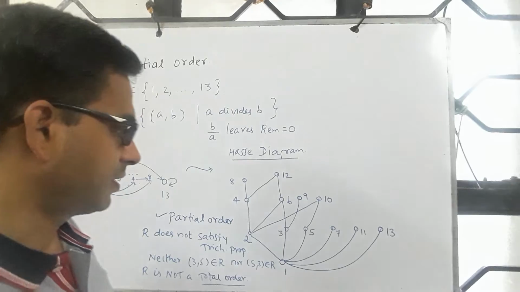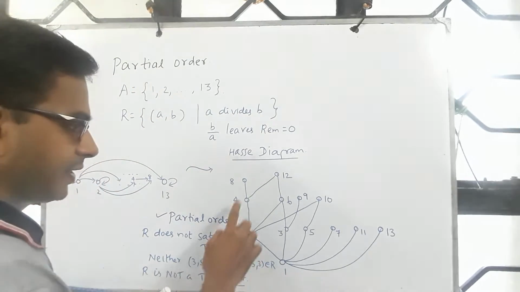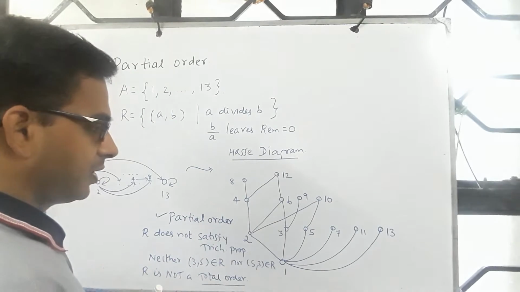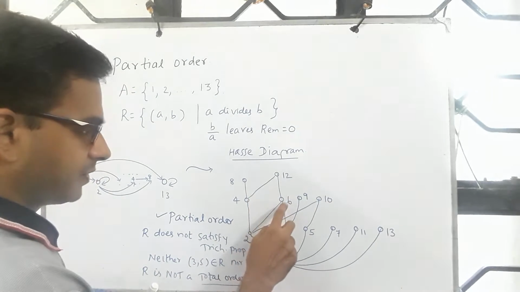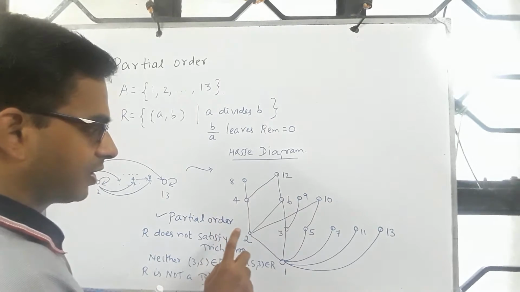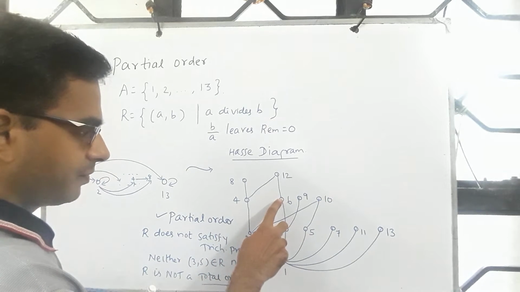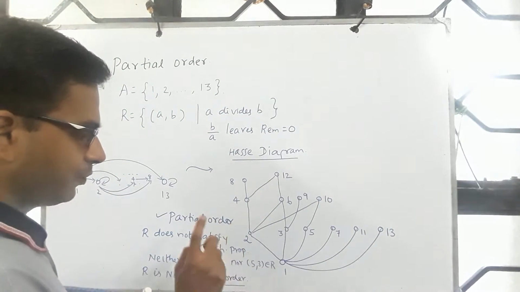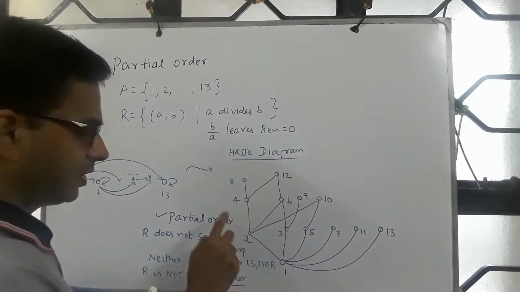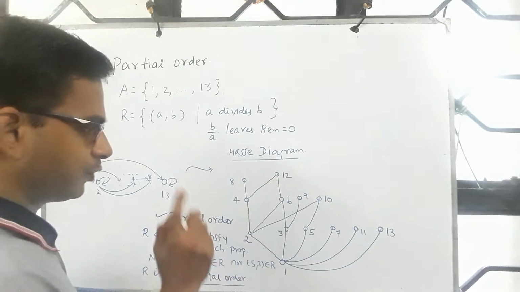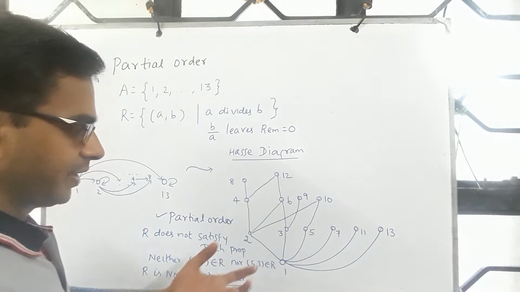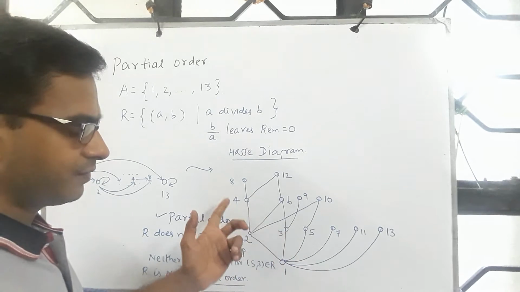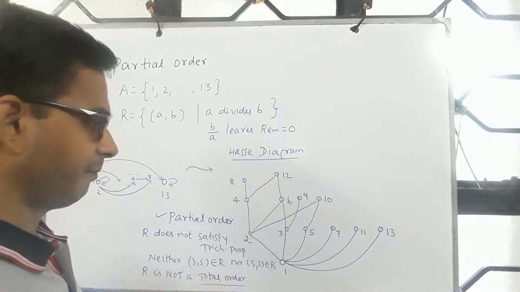And that says, if you look at the underlying Hasse diagram of a partial order and look at any two elements, for example, if I look at 6, 9, there should be an arc from either 6 to 9 or 9 to 6. And for example, if you look at 2, 4 and they are related, there is an arc from 2 to 4. And for every pair A comma B, you see an arc from A to B or B to A.